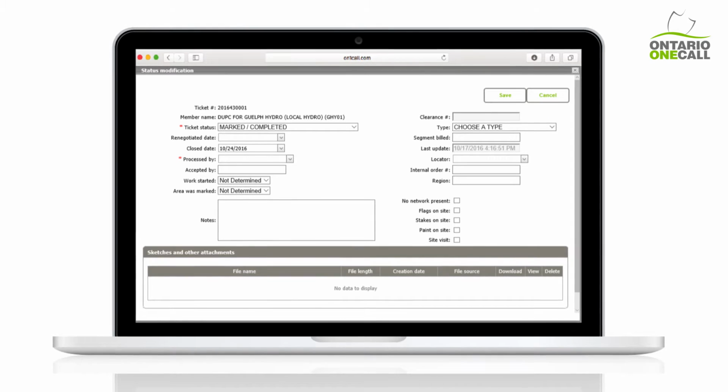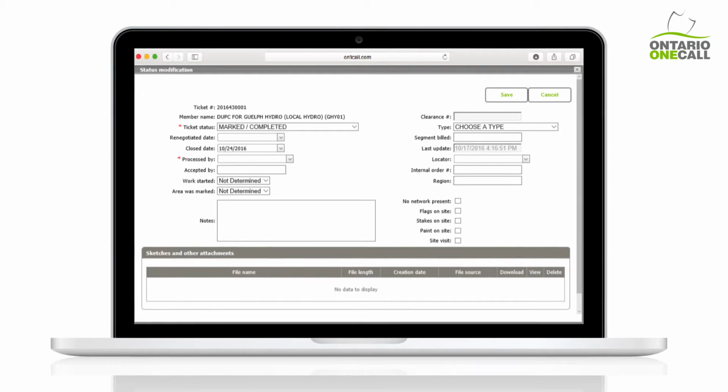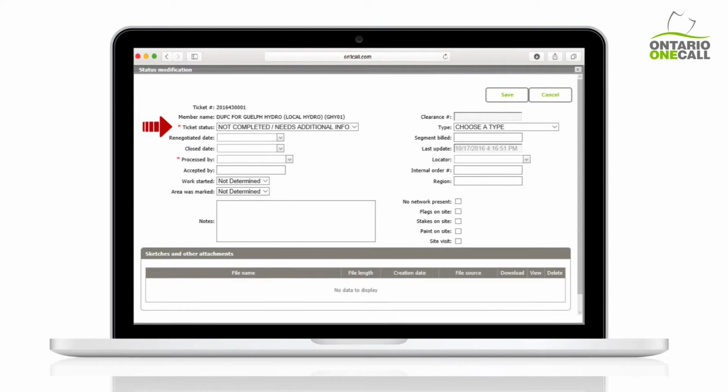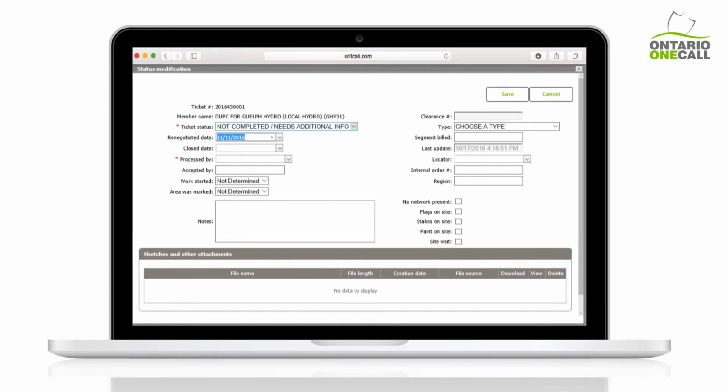You may see some instances where there are discrepancies on the ticket which warrant a conversation. You may need to renegotiate the date with the excavator, but our system requires a status. For any status of a locate other than completed or cleared where you've done some work, please provide Not Completed, Needs Additional Info. To renegotiate the date, fill out the Renegotiated Date area and assign the status Not Completed, Needs Additional Info, and provide Ontario One Call the date which you and the excavator have mutually agreed to have the